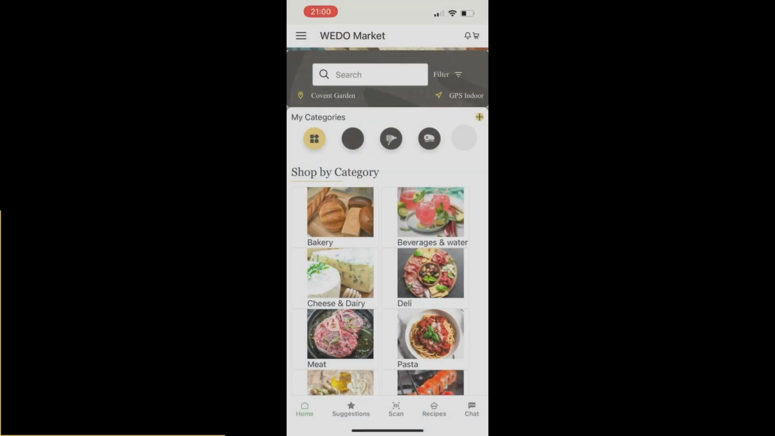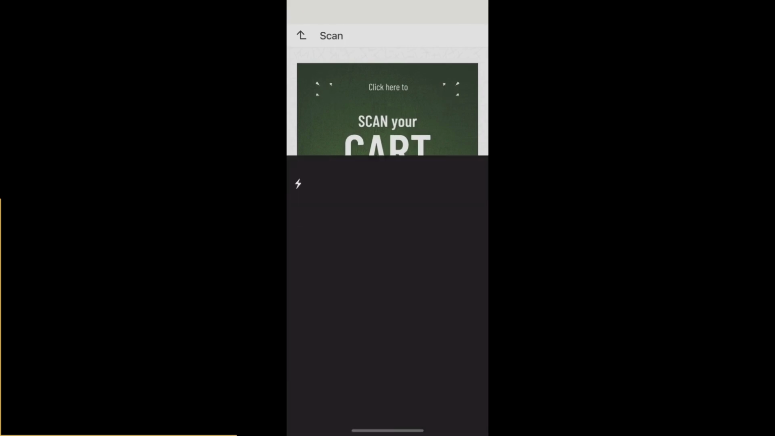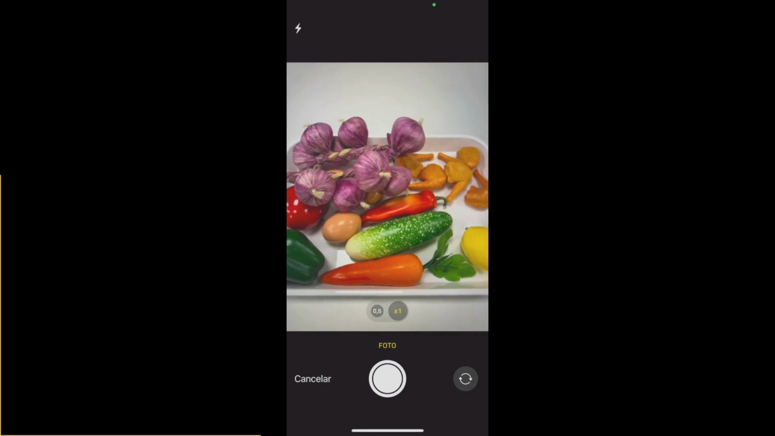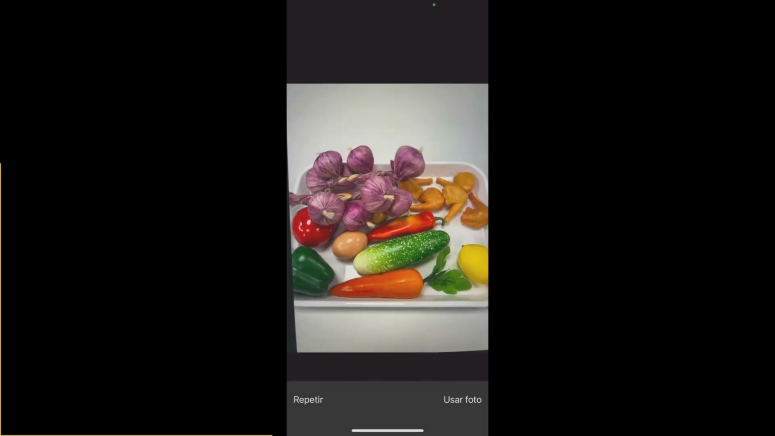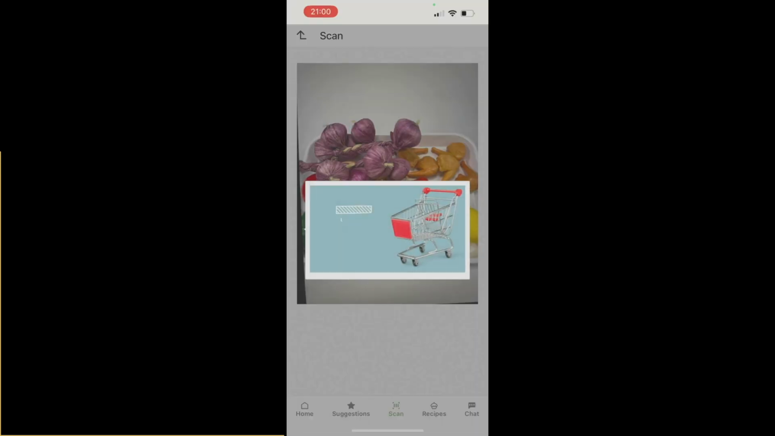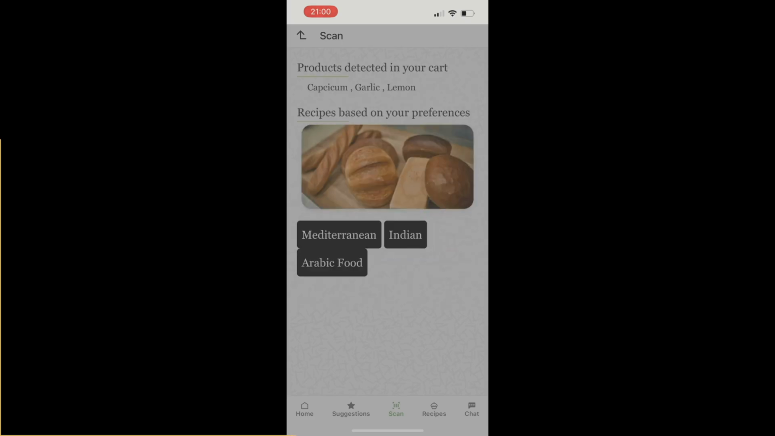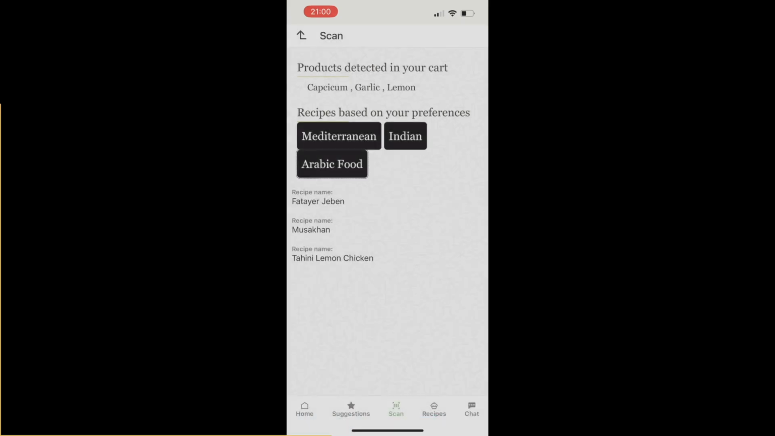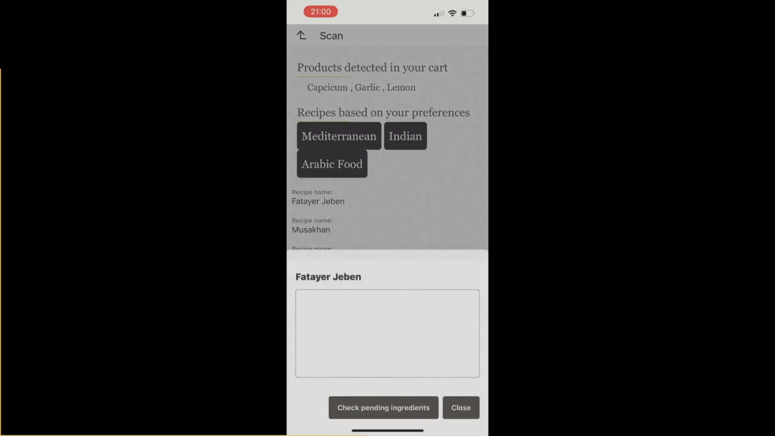So all I have to do is log into my app and then click on the scan button so I can take a picture of my fridge like this. And then once the picture is ready, it will call the API for vision that will detect the ingredients. And then if I choose, for example, Arabic food, it will recommend some recipes. Let's go with the first one. And now it's pinging,